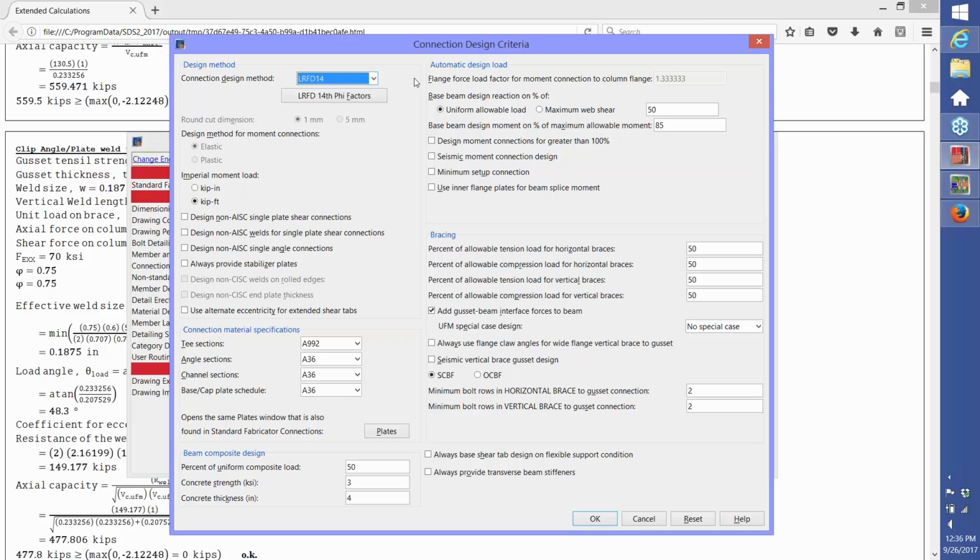I showed you before we imported the loads from SCIA, the loads were set to auto, and if auto is set, it goes to this table here, and you can either design for a percentage of the uniform allowable load or a percentage of the maximum web shear for beams. Same with moment connections. You can design for a percentage of the moment capacity of the beam, or same with bracing. You can design for a percentage of the tension or compression capacity